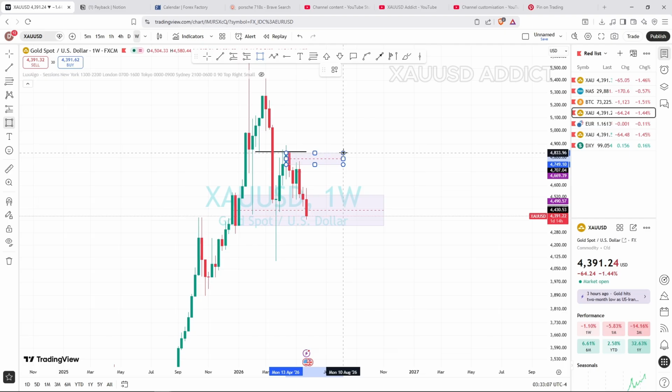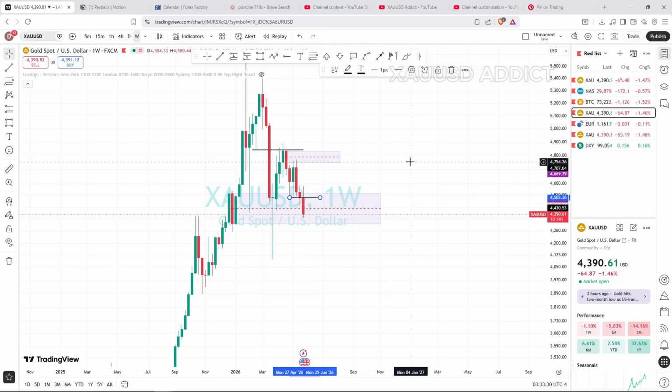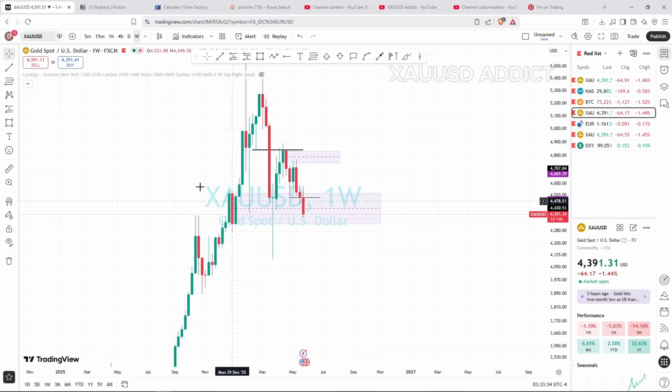I always do this each and every day. I come to the charts, like on New York session, I delete everything and analyze it from the start, from the weekly time frame to the daily, to the 4-hour, to the 1-hour, to the 15. So this weekly order block had rejected price to push lower, and for us, we were targeting this weekly liquidity. But then price still had some momentum to the downside.